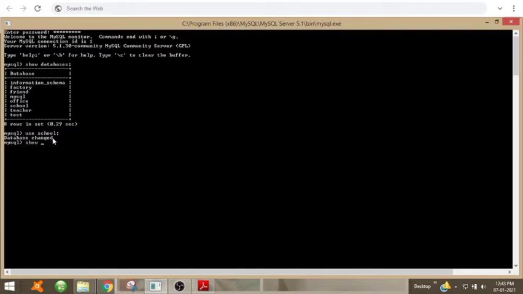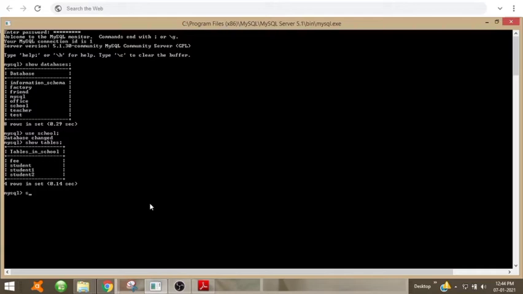Show tables. The show tables command will show the tables in the database school. It shows a fee table, a student table, a student 1 table, and a student 2 table. So I have created a table student 2.